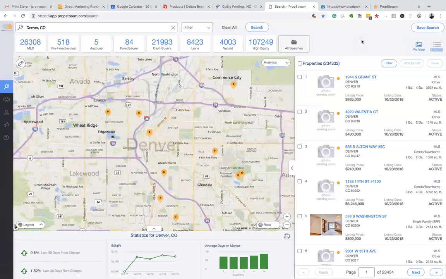So it can be overwhelming. You don't need to use every tool within this. You don't need to be in every market, but the ability, if you wanted to grow and scale very quickly, this tool, you can do everything that you need from within it. And that's the whole tool